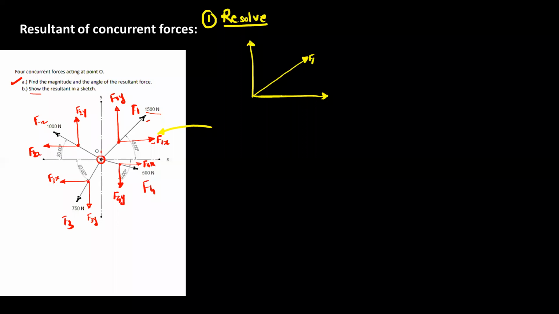And then you can show the component. This is X component and this is Y component. This angle is 45 degree, okay. Then this will be F1X and this is F1Y. And then you can write the component F1X and F1Y, okay. So this procedure will be time consuming to draw each force separately and show the component.